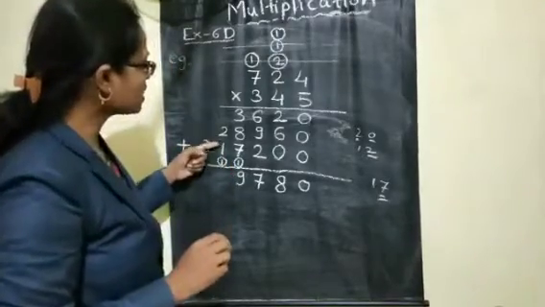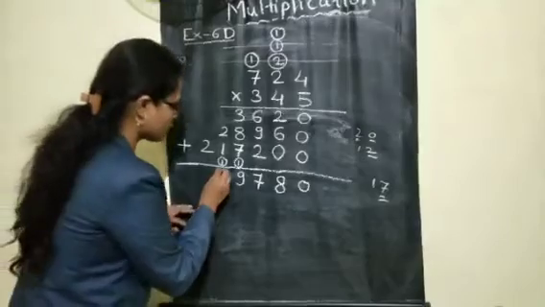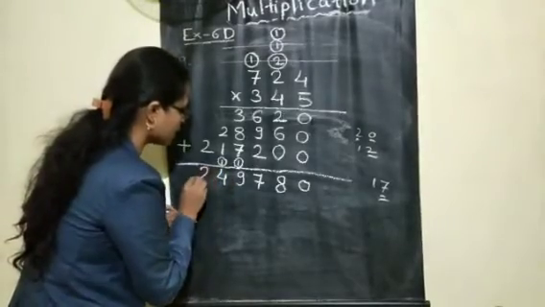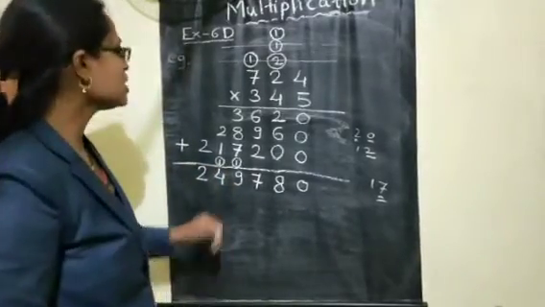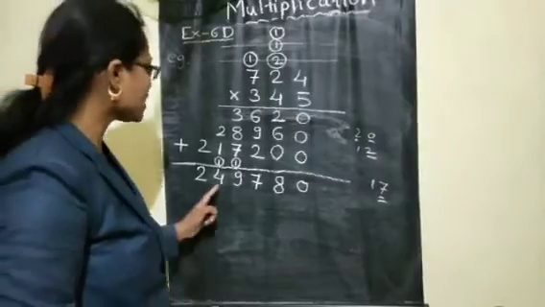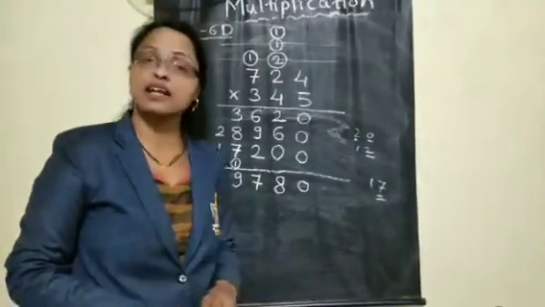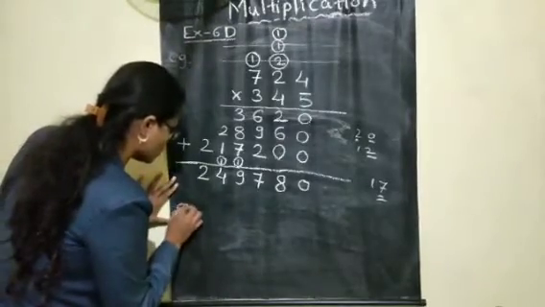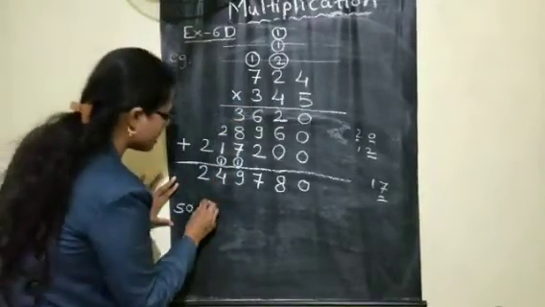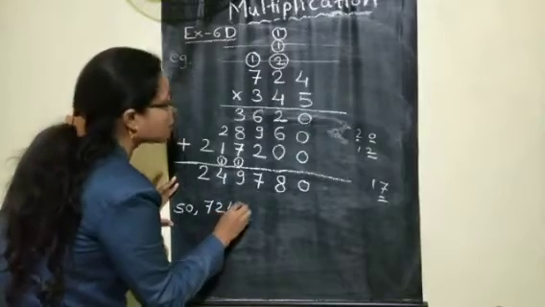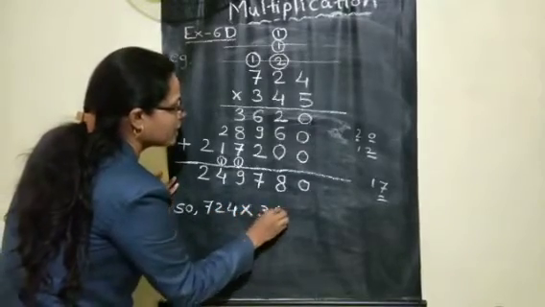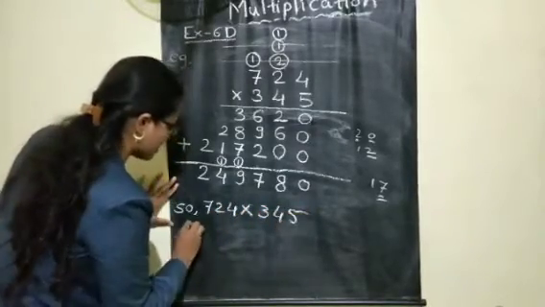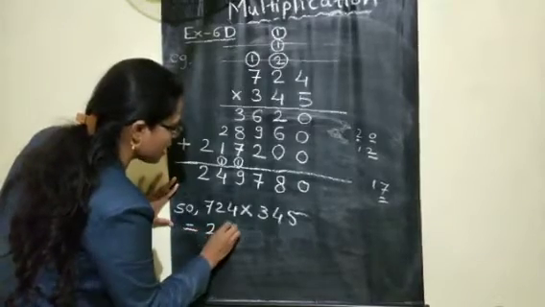2 plus 1, 3. 3 plus carry 1, 4. And here you are writing as it is 2. So here we get our answer 2,49,780. Okay, so you can write here, 724 multiplied by 345 is equal to